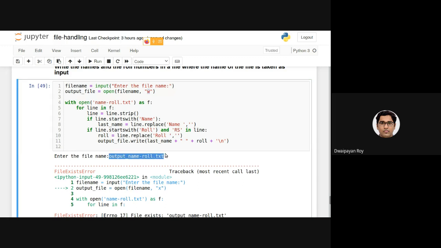Suppose that file was containing the research scholars of, say, biology, and I don't know at that point, because I am unaware of all the files stored in that present working directory. In that case, if I use W, it might overwrite some useful information. So you are absolutely correct. In those cases, we should be using this X mode to open the file to write. Thanks a lot for pointing this out and giving the explanation yourself.